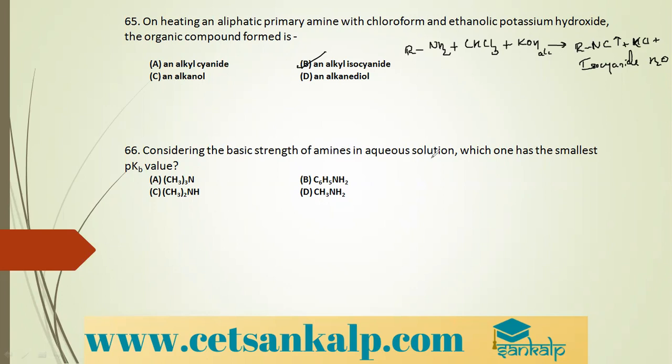Considering the basic strength of amines in aqueous solution, which one has the smallest pKb value? Aliphatic amines are more basic than aromatic amines. If you consider all of them, I can write it like this: (CH3)2NH, CH3NH2, and then (CH3)3N, among aliphatic amines in water. Among C6H5NH2, CH3NH2, (CH3)2NH and (CH3)3N,